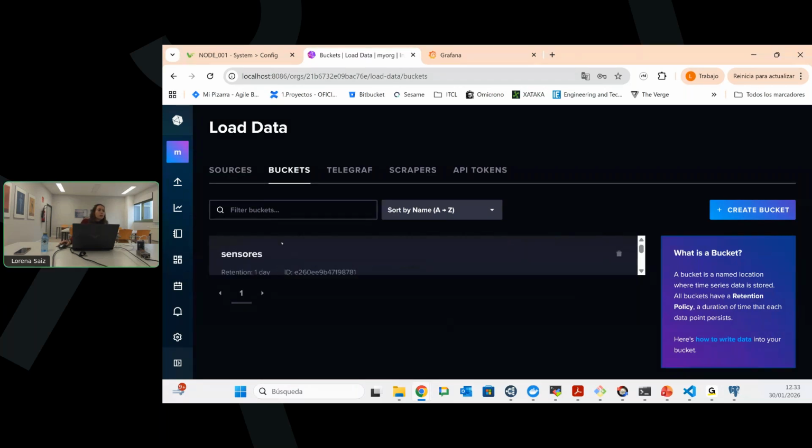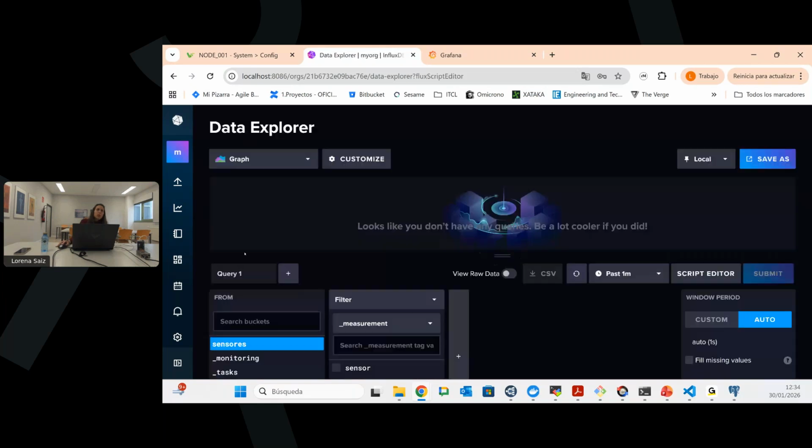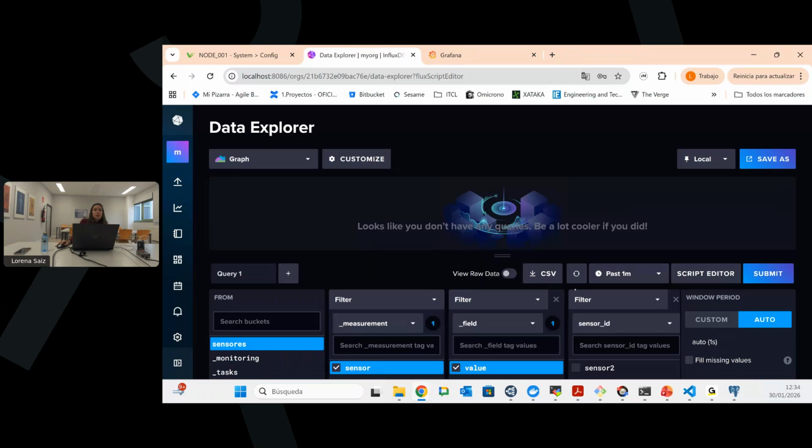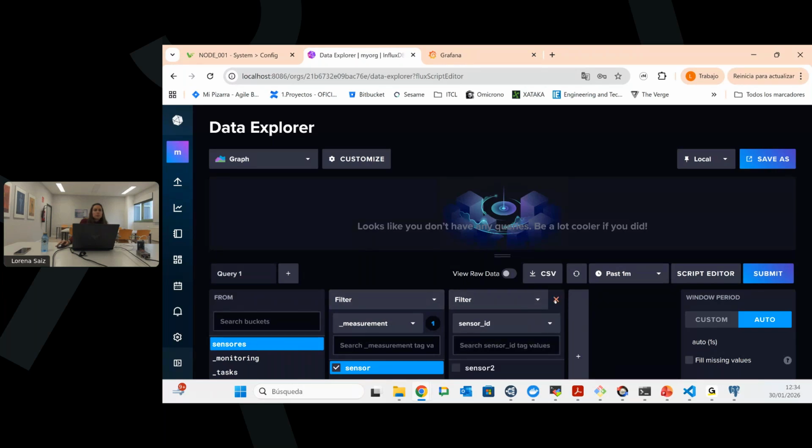So here you have the list of all the buckets that your database has, and this is, as you've seen, the bucket we are inserting from Telegraf. When it's inserted for the first time, it's going to create this bucket, and as you can see here, we have this tag we added to the variable on Telegraf, the sensor ID,